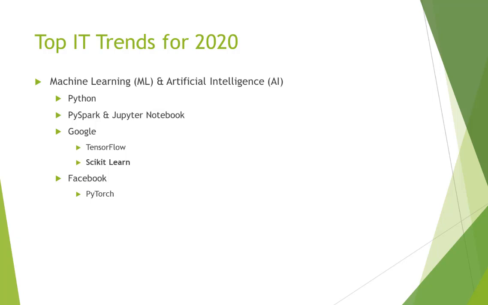Many companies adopt it. For the framework part, Google has TensorFlow. It's a low-level API, but it's very popular and it's been there a long time. Many companies leverage TensorFlow, and even individual developers like to start learning what TensorFlow is about, right? And also there is Scikit-learn. This is also one of Google's projects, but it's easier to learn. It's a higher level API. So if you are new to the area of machine learning, I definitely recommend you start with Scikit-learn.